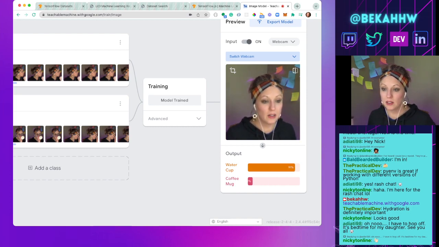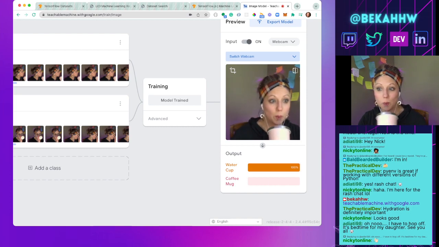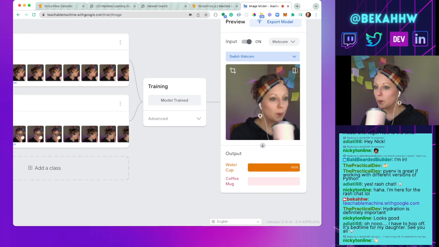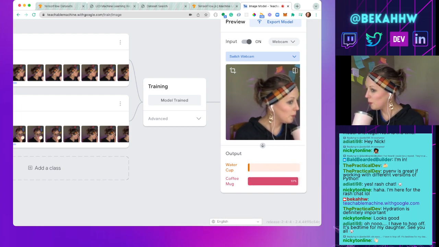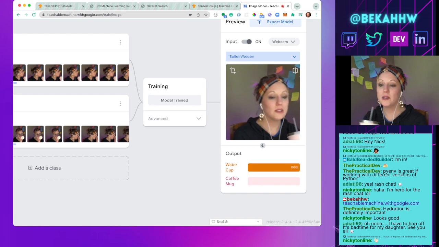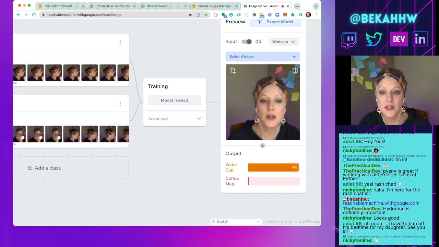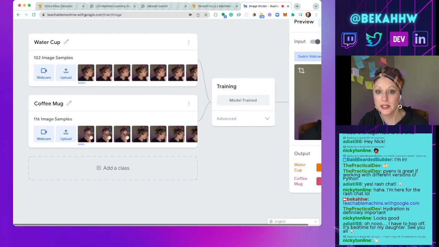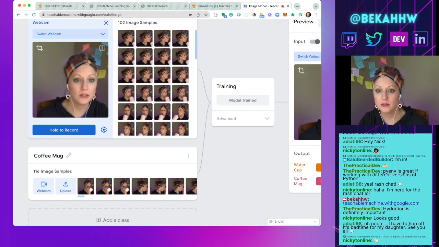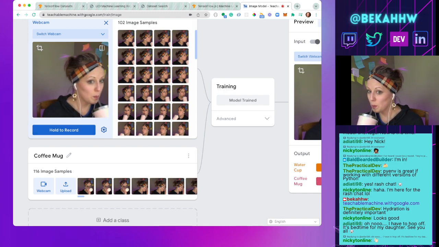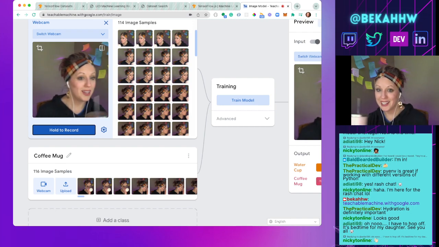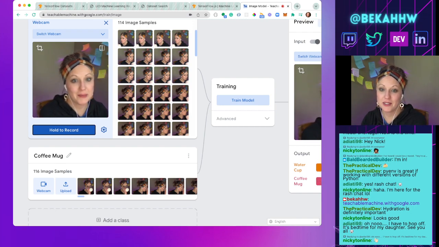All right, so now let's see if it can identify the water cup. A little bit having a hard time in that corner. So I wonder if there's not too many samples here that have the water bottle in the corner. So what we can do is add some more. And I am doing a good job of hydrating every time I do that because it just feels weird holding